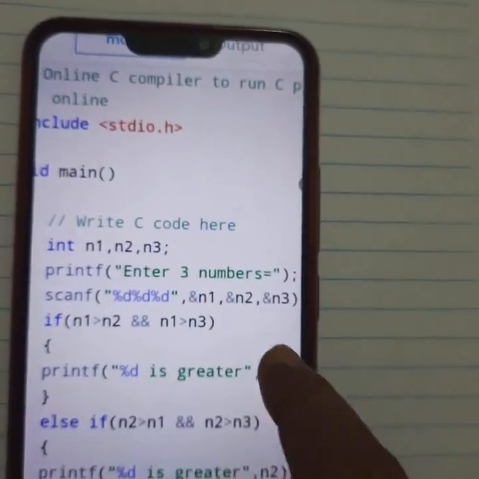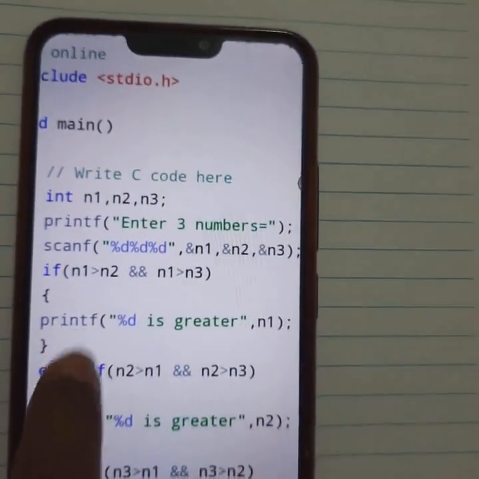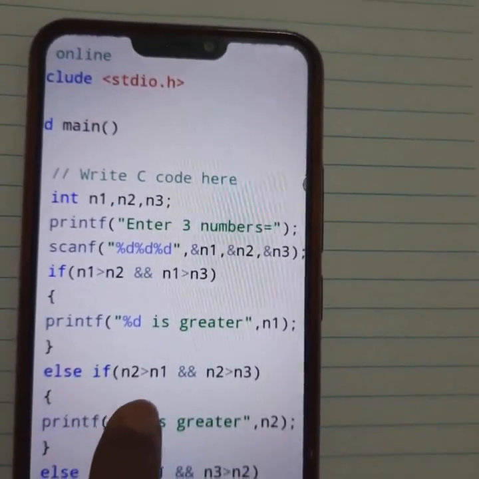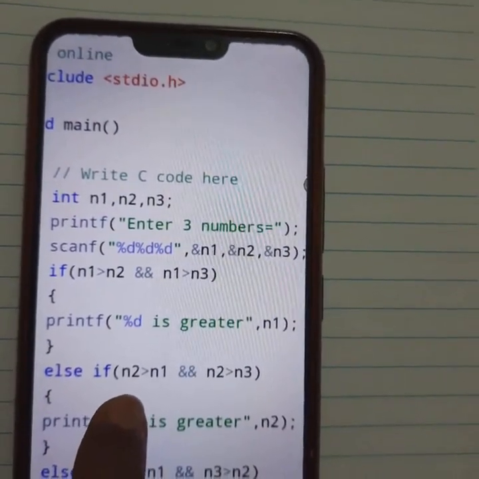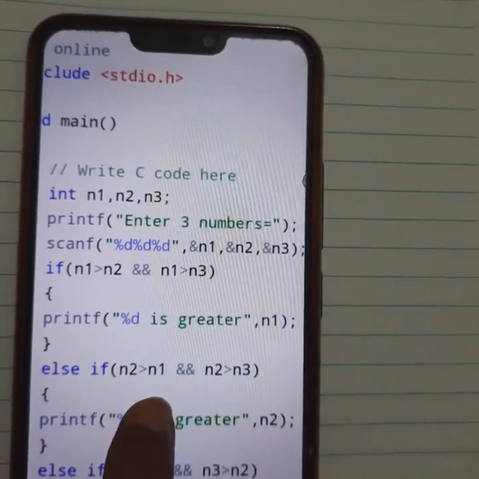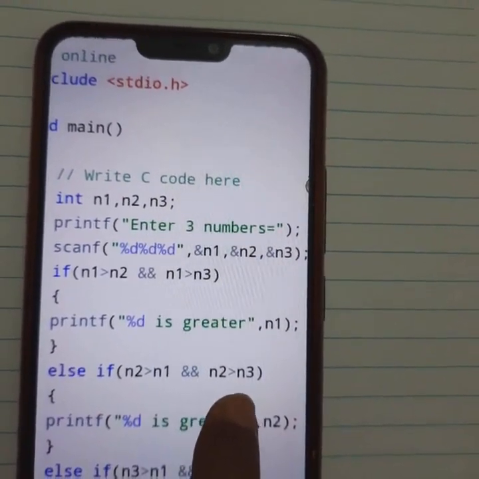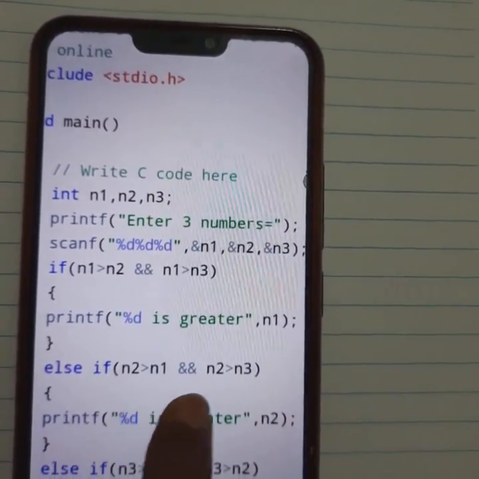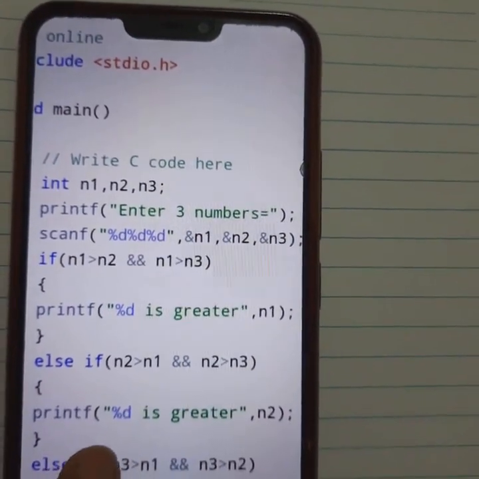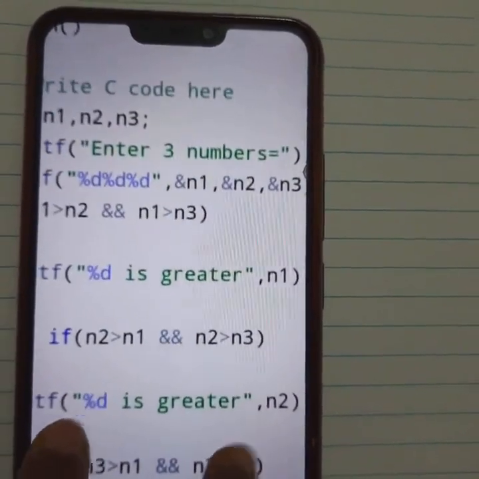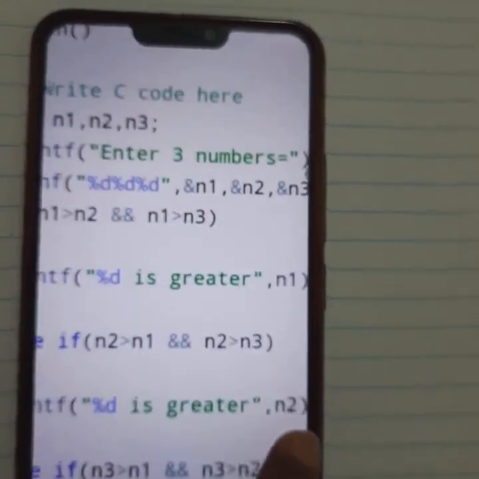If this condition is false, then the compiler will come to the else if condition. Here I take number 2 is greater than number 1 and number 2 is greater than number 3. If this condition is true, the compiler will print %d is greater, meaning number 2 is greater.